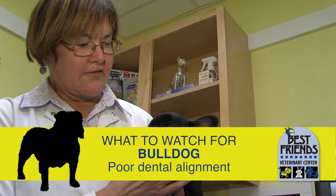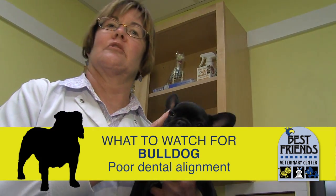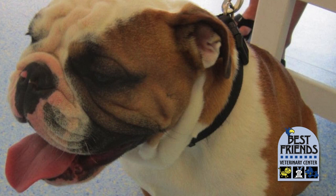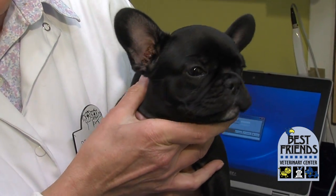Other problems that you'll get from their face being too short is that their teeth often don't line up very well. You can see from this Bulldog picture a little bit of that lower incisor there. They often have a lower jaw that's a little bit too long, and when the teeth don't line up right, they can have problems with their chewing. Millie's lucky that way. She has very good alignment. Her upper and lower jaw are perfectly lined up, but we'll still keep an eye on it as her adult